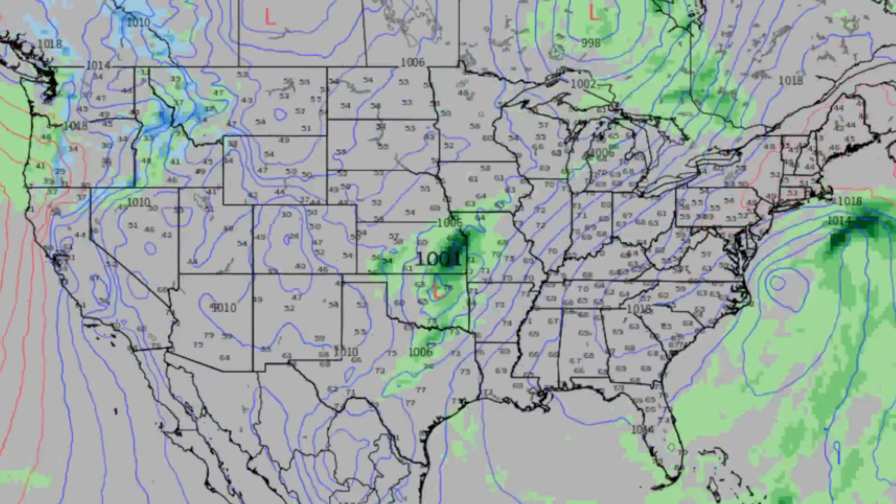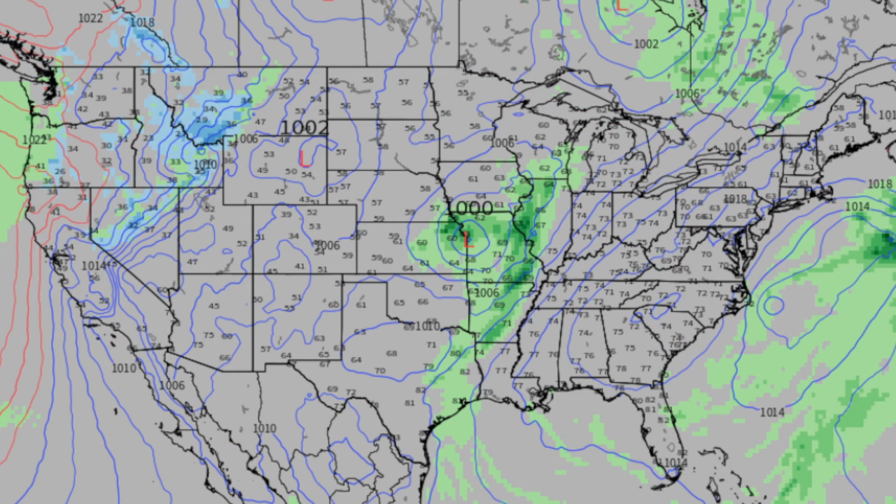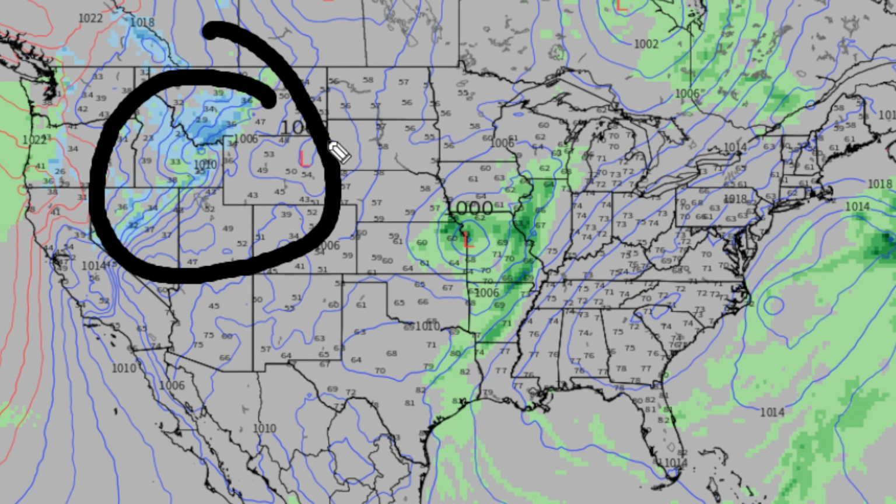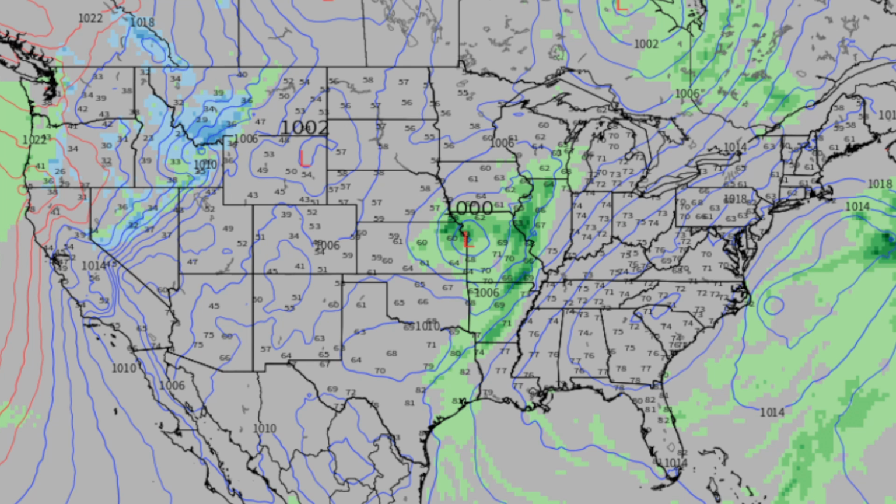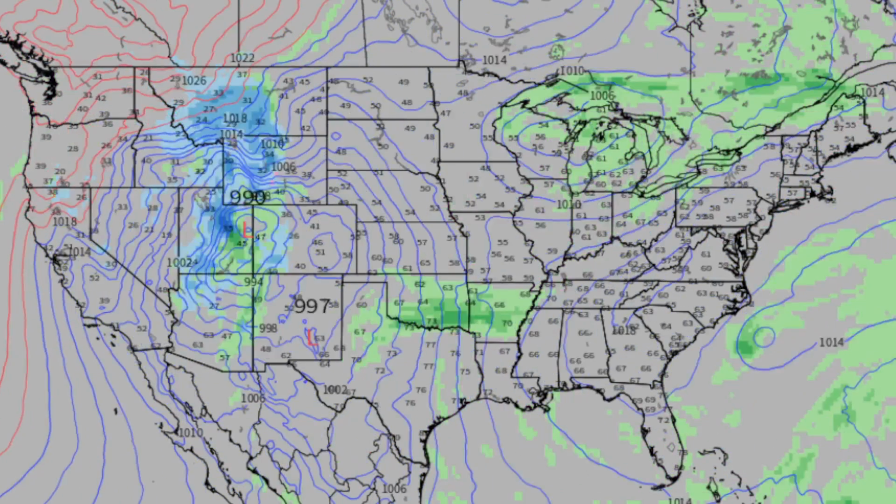Now let's go ahead and move forward here to around October 11th. We start to see some snow here, as you can see over there in Idaho, Montana, Nevada, those kinds of states. You are seeing already some snow around the October 11th, 9 a.m. time frame. You are going to see some of that snow. Let's go and move forward a little bit more here.